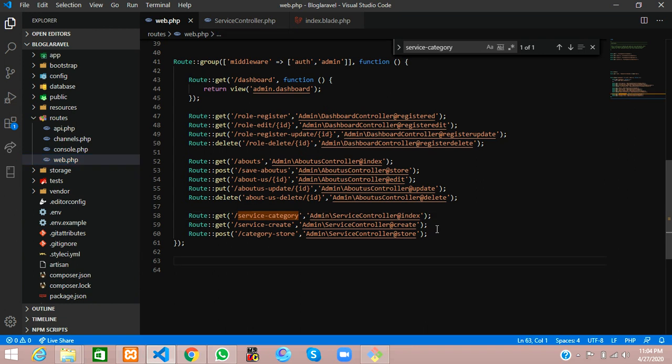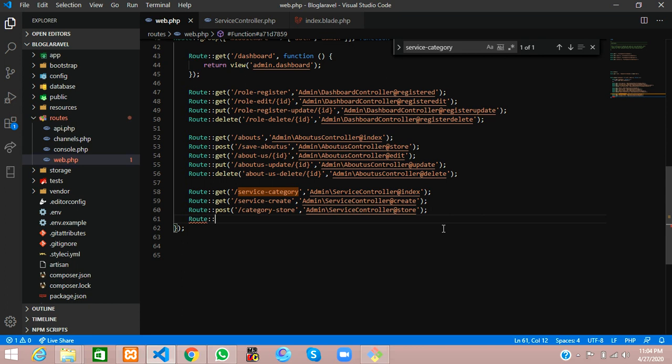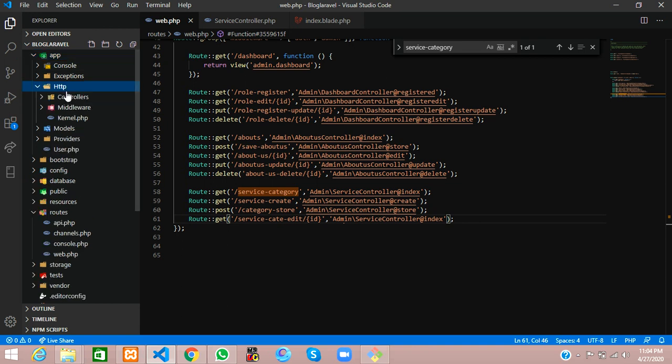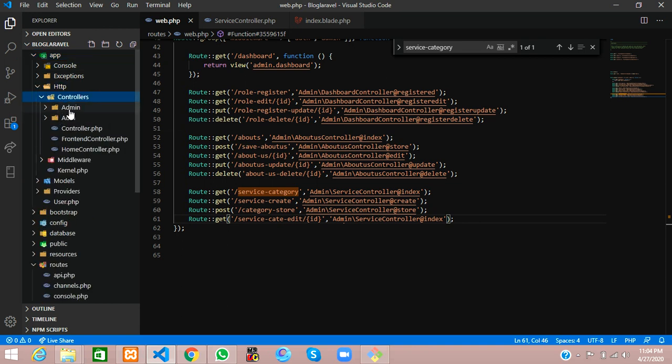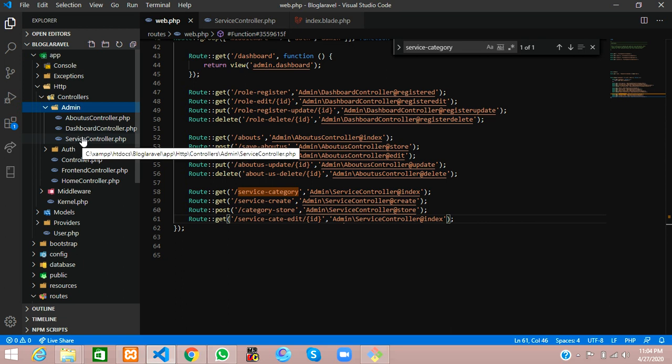Click on it and let's create a route called get, where we are going to get the data using this / and pass the ID, meaning just type id in single curly braces, open and close. Then let's tag the controller. I'm going to tag this inside the admin folder, inside the Http Controllers Admin folder. I have made one controller called service controller.